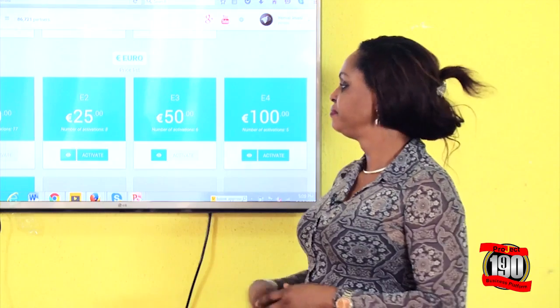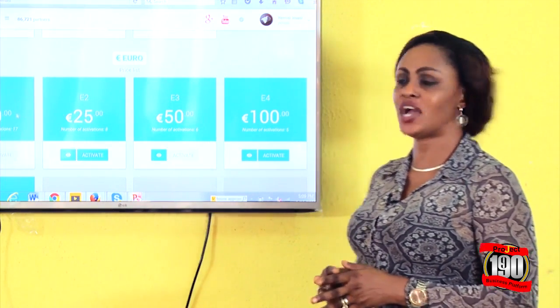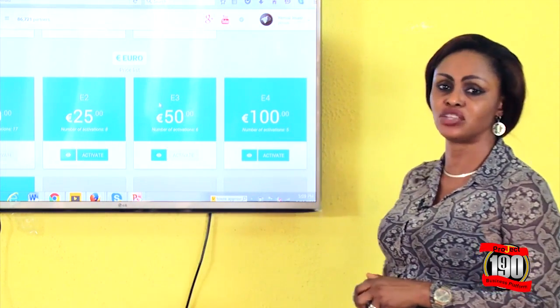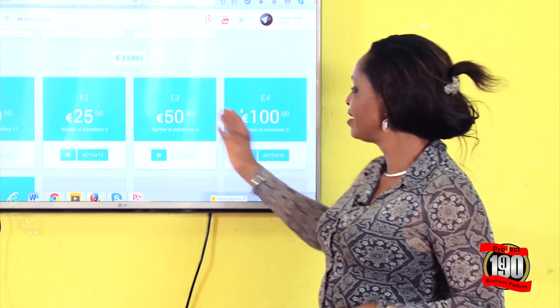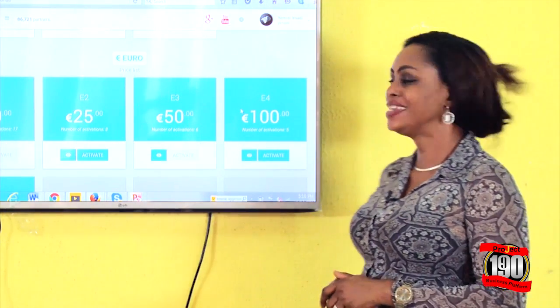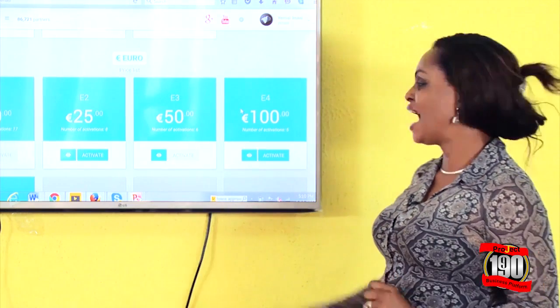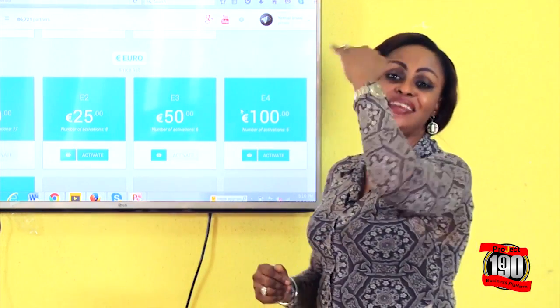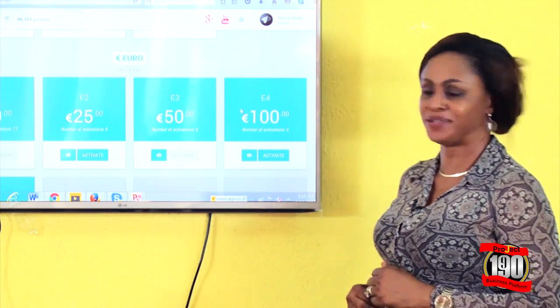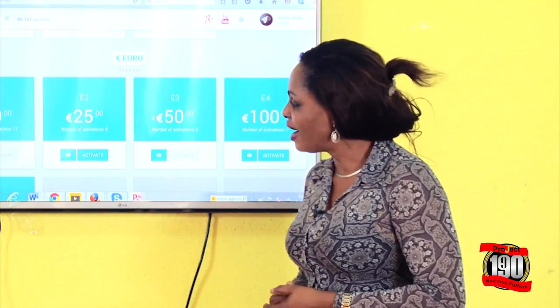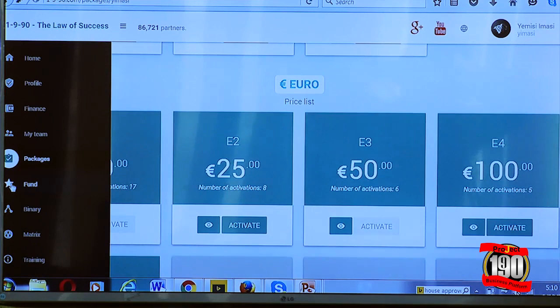Peradventure you're on the 10 euros package, and you want to activate your 100 euros package. All you need to do is to buy 100, 50 and 25 euros. That is 175 euros is what you need to pay for, and you will be activated and elevated to where you should actually be. All right, the next one,